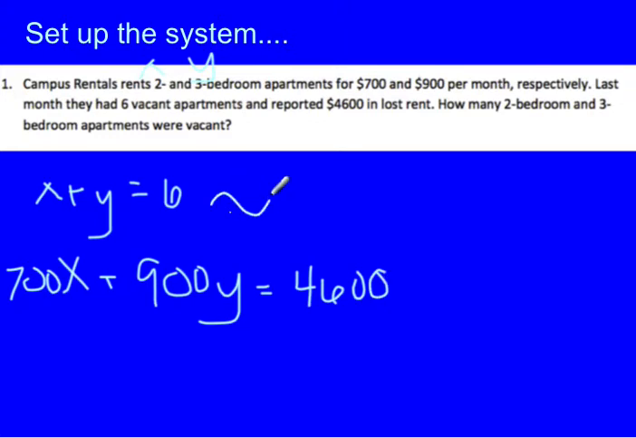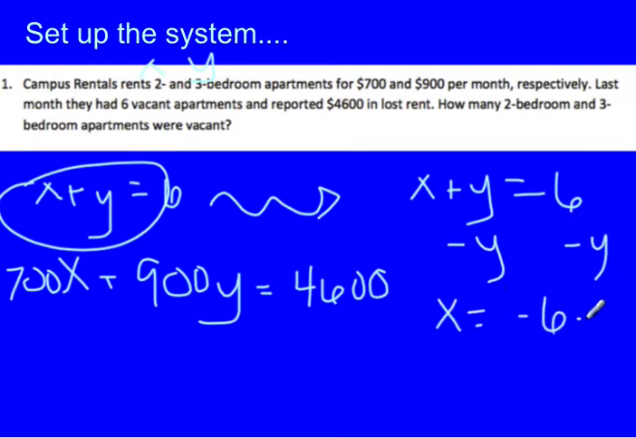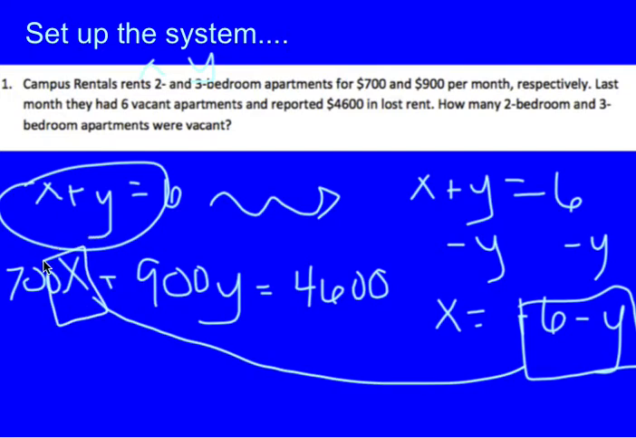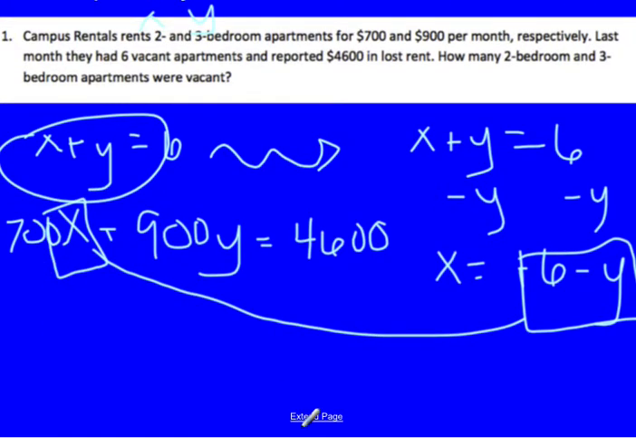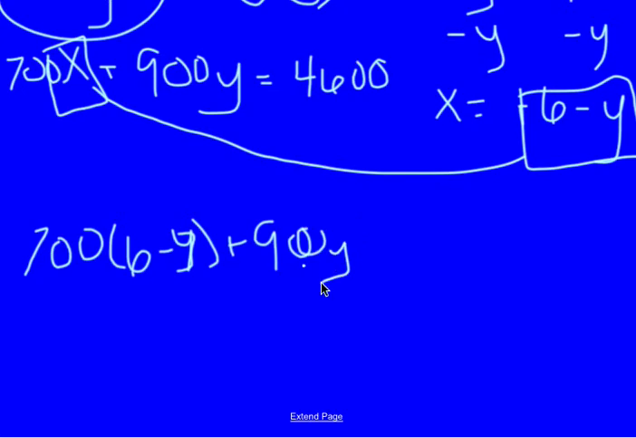Now we're going to solve this using substitution. I'm going to solve this equation for X. So I'm going to subtract Y from both sides. You could also solve it for Y if you wanted to. X equals 6 minus Y. So now I know that X is equal to that. Where I see X over here, I can plug this in. So I get 700 times 6 minus Y, plus 900Y is equal to